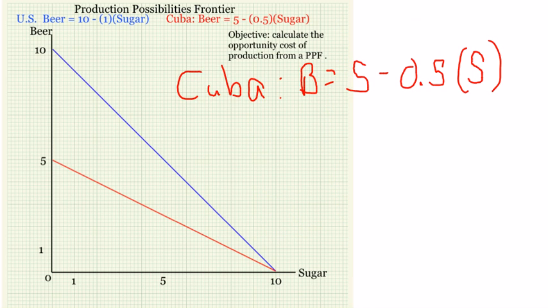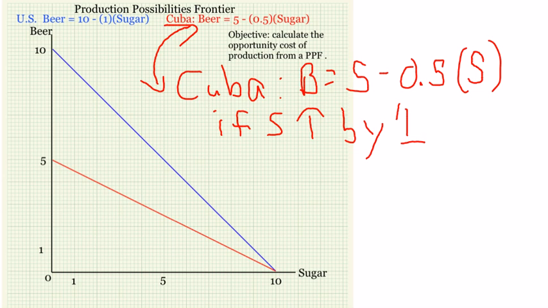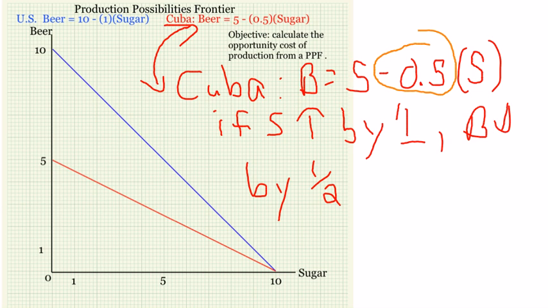Finally, the next thing I'm going to show you is just another way of answering these same questions. This is the way I do it. Instead of looking at the graphs, I like to just go straight to the equation. And here, instead of beer, I've said B, and instead of sugar, I've said S. And for Cuba, I have this equation. Suppose I want to know the opportunity cost of one sugar. I notice that if S increases by 1 in this equation, because S is multiplied by negative 1/2, then it must be true that beer goes down by 1/2. And thus the opportunity cost of sugar